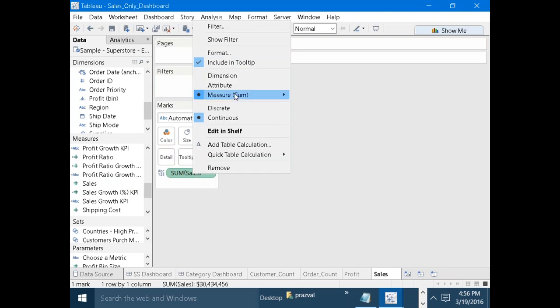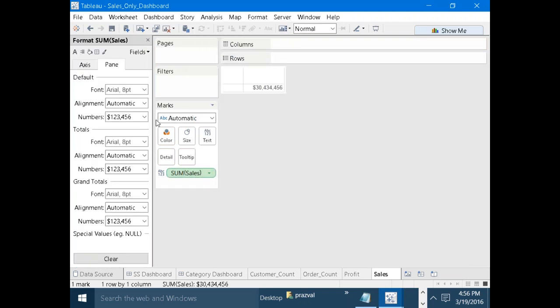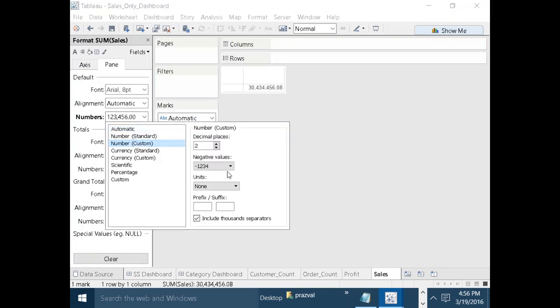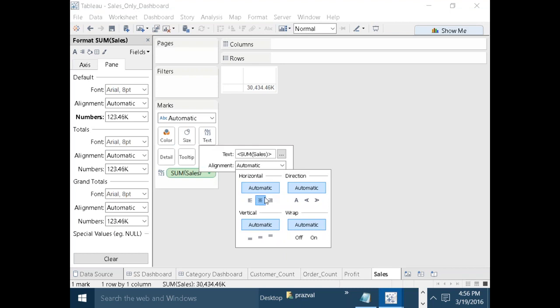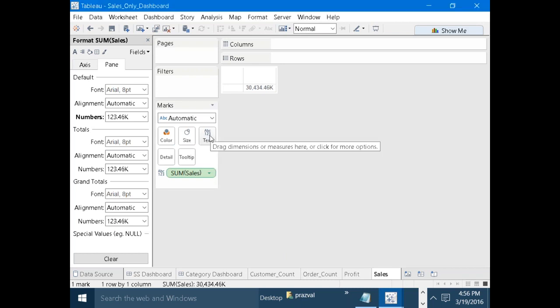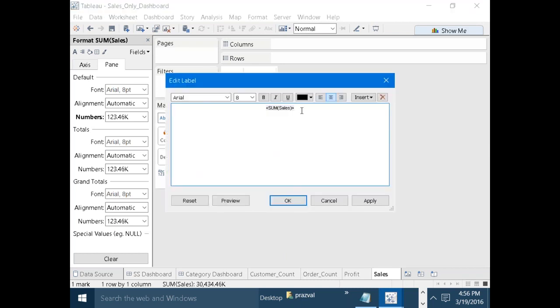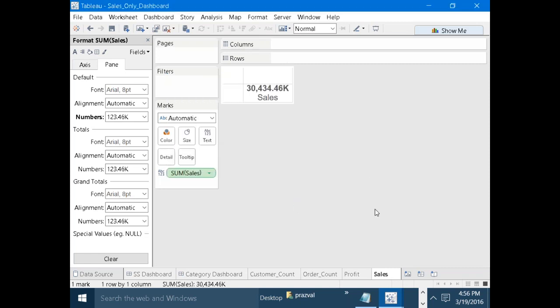So here right click on sales, just go to format, go to number, thousands, just go to text, center, sales. Let me unbold it. Just click on apply and click on OK. Next after that,